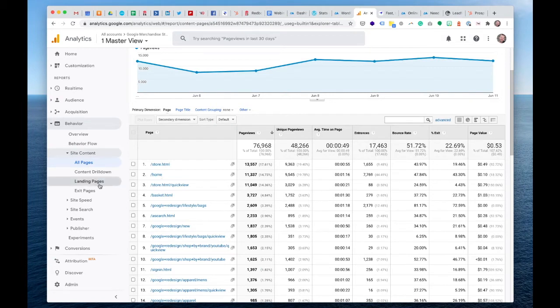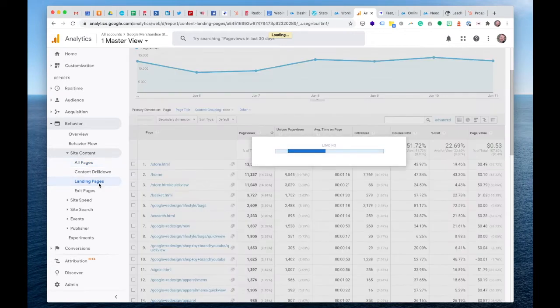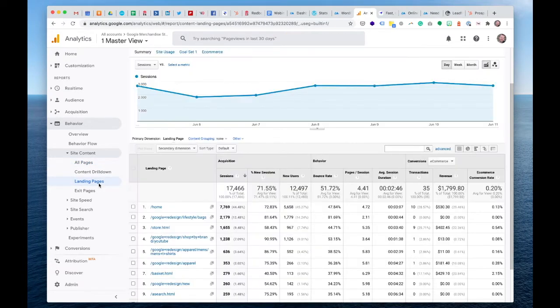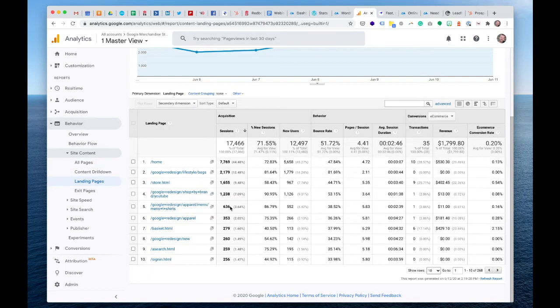Now, another way of looking at this content are what we call the landing pages. And at first glance, you might be thinking this is pretty similar to the other page. And you are right, but the essential difference between landing pages and all pages is that, in Google's definition, landing pages are the first page that people landed on your website.